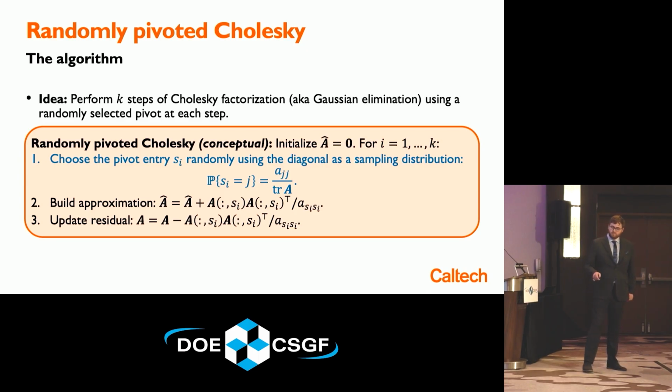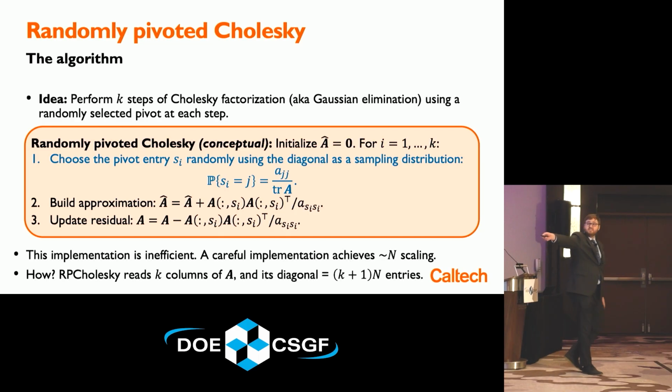All right, so more specifically, step one of the algorithm, we're going to look at the diagonal of the matrix. And the diagonal is going to kind of tell us how important each entry of the matrix is. So if a diagonal entry is very large, that's important, and we should pick it more often. All right, so we're basically going to look at the diagonal, and we're going to pick a diagonal entry proportional to its size. And we're going to use that as our pivot entry for Gaussian elimination. We're going to eliminate it from the matrix and add whatever we take away to the approximation.